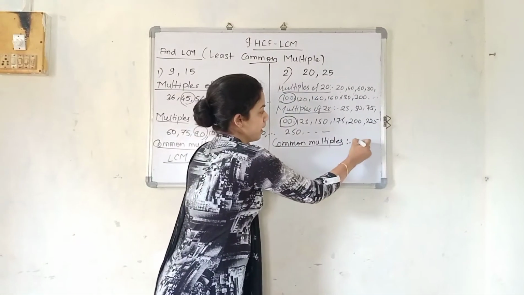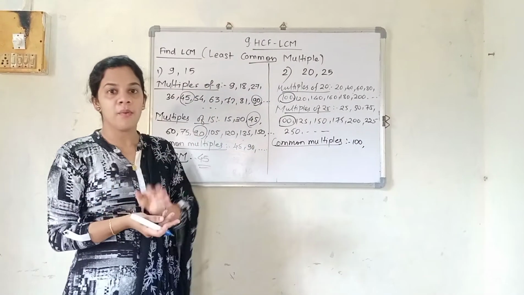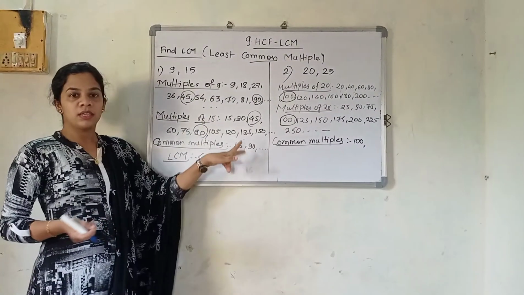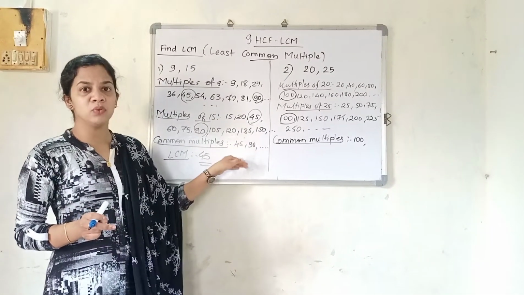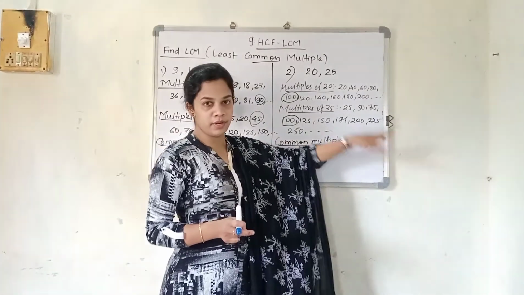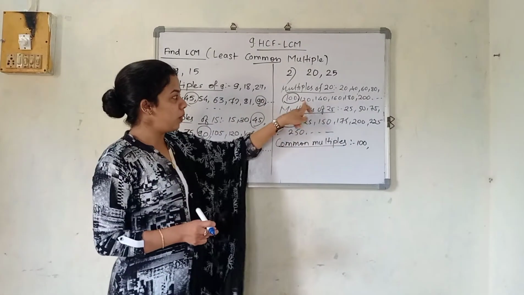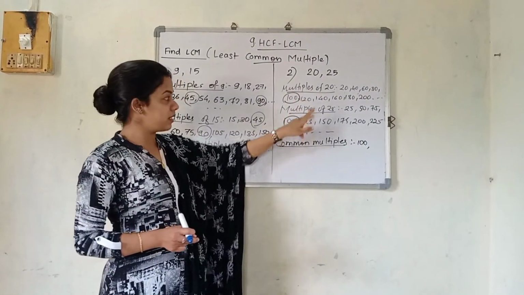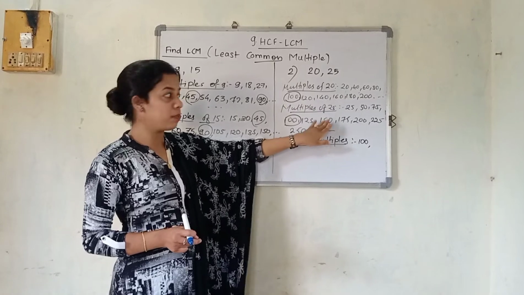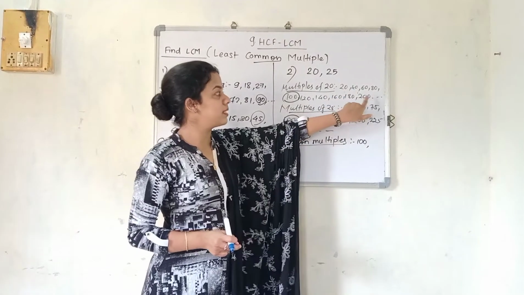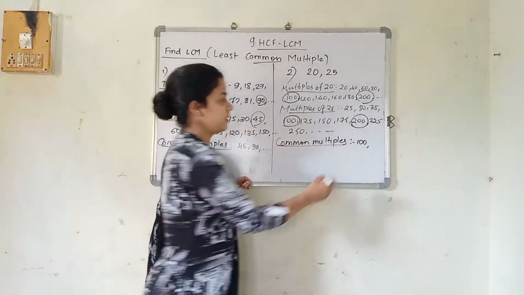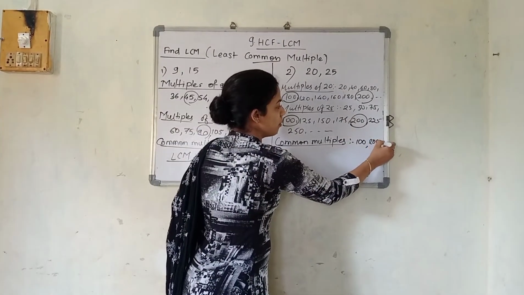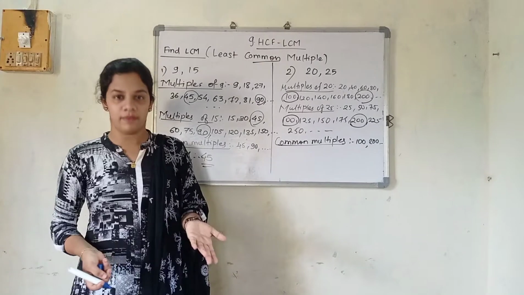If you observe, what I told you just now, the next common number is always double of it. Double means what? 100 double will be 200. If you want to check, just check now. 120 is present here, 120 is not present here, 140 is present here, 140 is not present. The next common, as you can see, is 200, and 200 is also present here. So you have got the next common number, 200, which is double of 100.